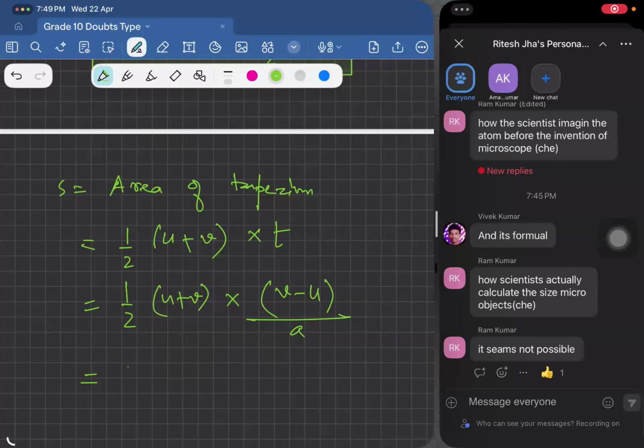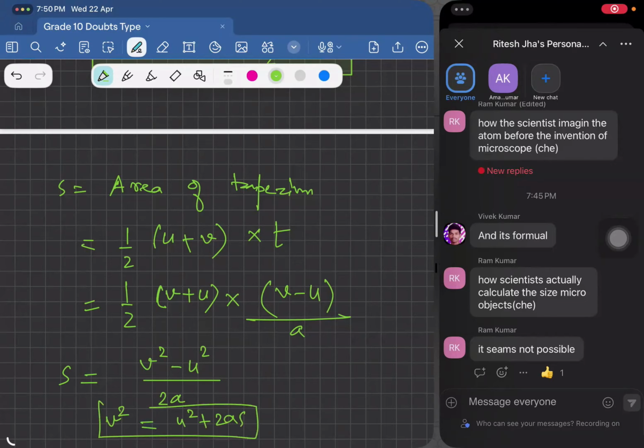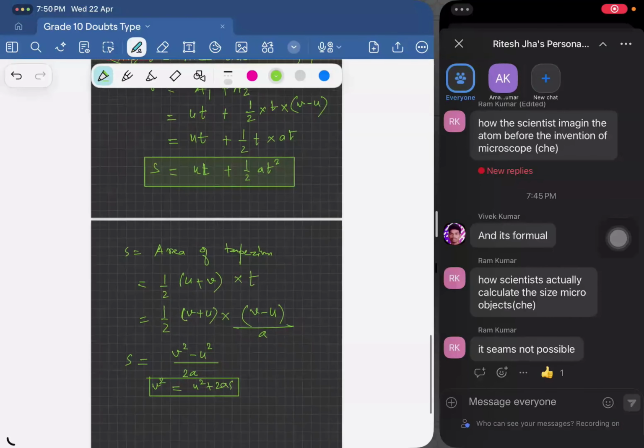Now I can write this u plus v as v plus u. Tell me, v plus u into v minus u, what is that? That is nothing but v square minus u square. So v square is equal to u square plus 2as. Solved. This is with the first principle, without mugging up, you have derived all the equations of motion,